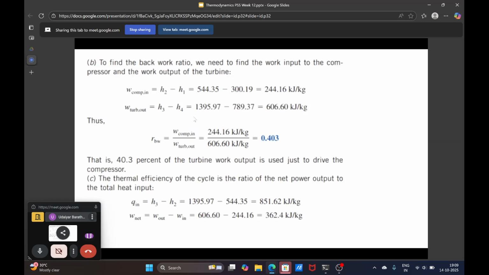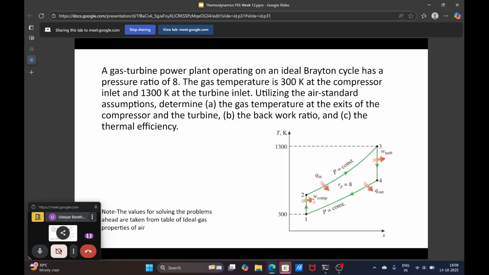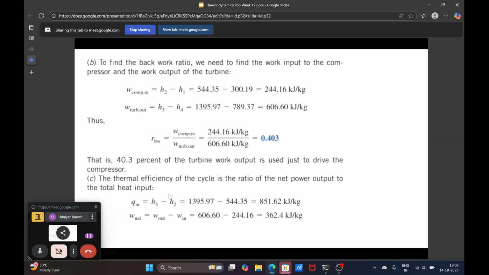So Qin is H3 minus H2, that is 1395.97 minus 544.35, which gives you a heat input of 851.62 kilojoule per kg, and the net work is your W out minus W in,